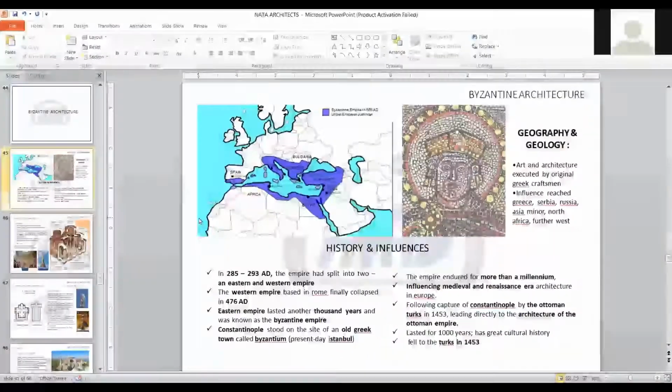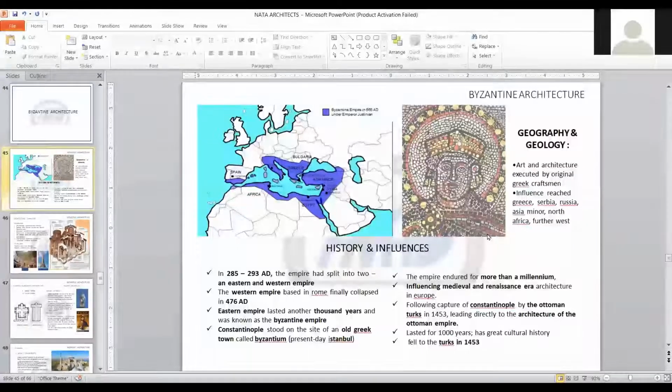Everyone, now we'll be looking into the next architecture, which is Byzantine architecture. So Byzantine architecture started during the period 330 to 1453 CE. So the Roman Empire was divided into the Eastern Empire and the Western Empire. The Eastern Empire was later called the Byzantine Empire, from where Byzantine architecture evolved. So the architectural features of the Byzantine Empire are,